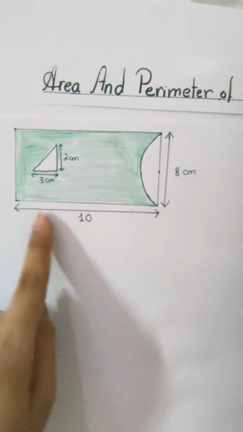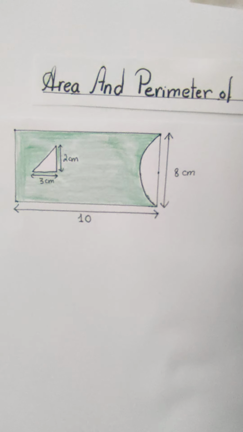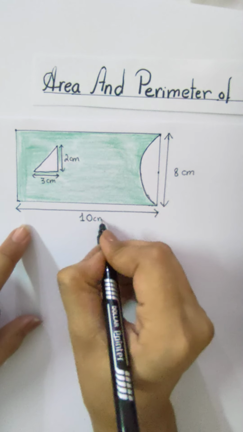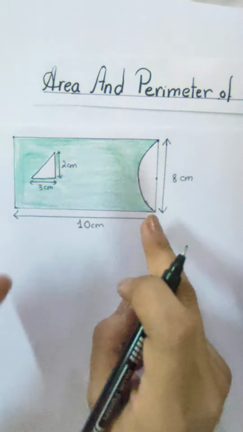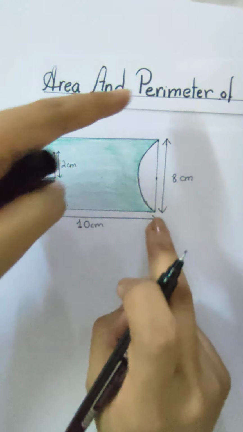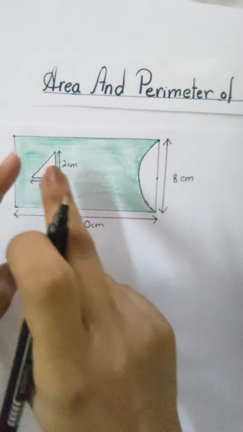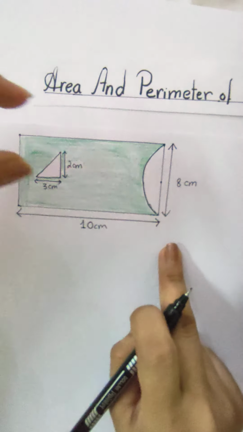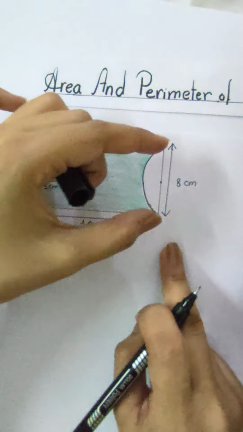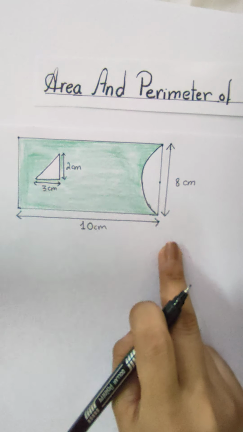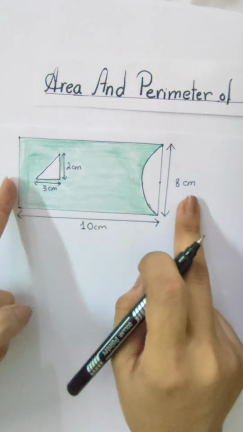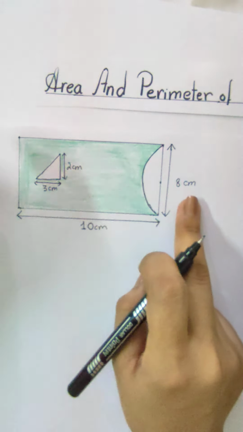You can see we have one figure in front of you, and this figure is a mixture of some different shapes. First of all, check how many shapes are in it. The bigger one has a length which is longer as compared to this one. So this is the length and this is the breadth, and this shows that it is a rectangle. So the big shape is a rectangle, and in the rectangle we have one triangle and one semicircle as well. So we identify three figures in one picture. The first one is the rectangle, and the triangle and semicircle are inserted in the bigger one.